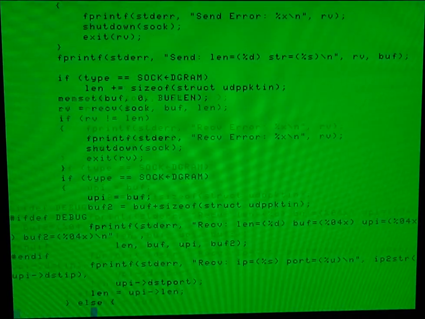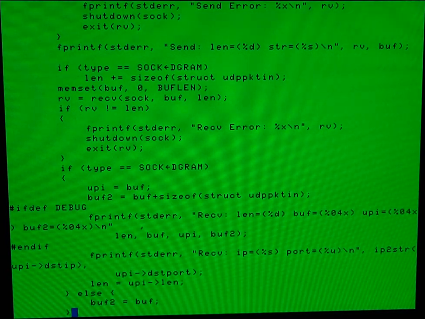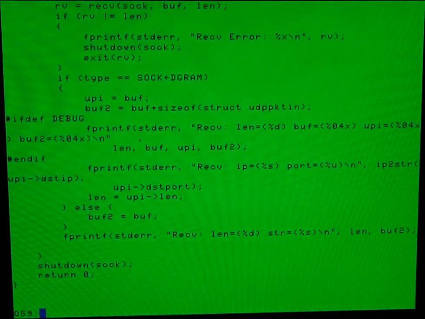The next call, if you look about two-thirds of the way down the screen, we have receive. We're going to receive from the socket into a buffer with a particular length. And there's error checking. And then there's some other stuff that has to be done, but we print the message that says, this is what I received. And the last thing is, after we're all done, we'll shut down the socket. So these are the very, very basic calls to make an outgoing connection in the BSD socket library. Socket, connect, send, receive, and shut down. So those are all working,